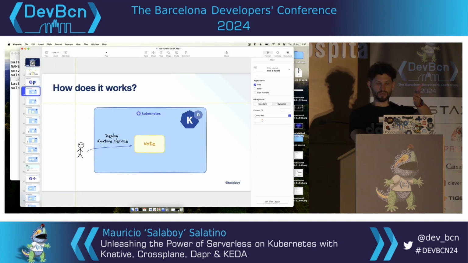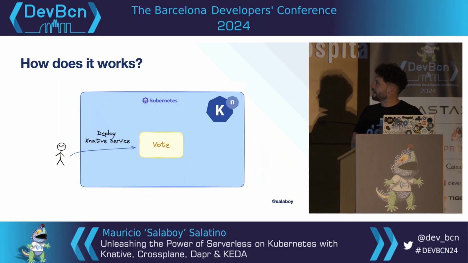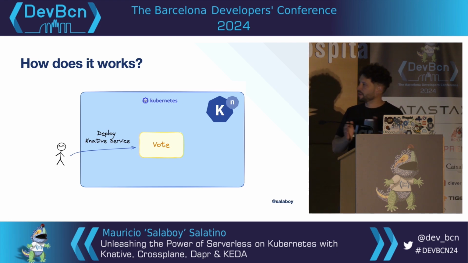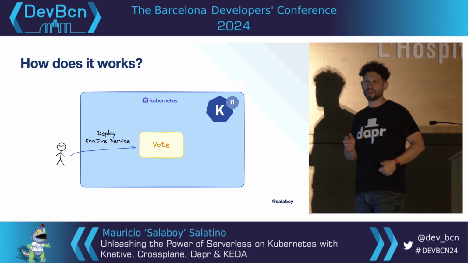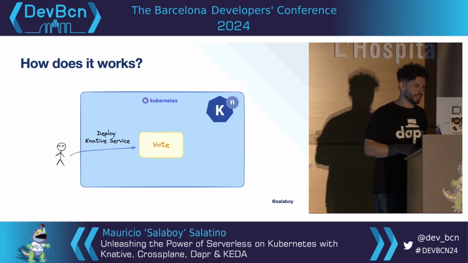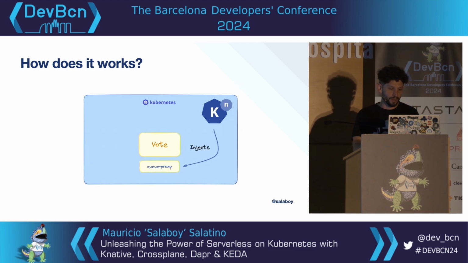So Knative, how does it work? You deploy a service. They have a new kind of resource. I don't even want to go in full screen anymore. But let's try. Why not? So you have a thing here. You have a new type of service, basically, where the only thing that you define is two things: the image name that you want to deploy, and Knative will give you a name, and Knative will give you a URL using that name, and it will run your image.